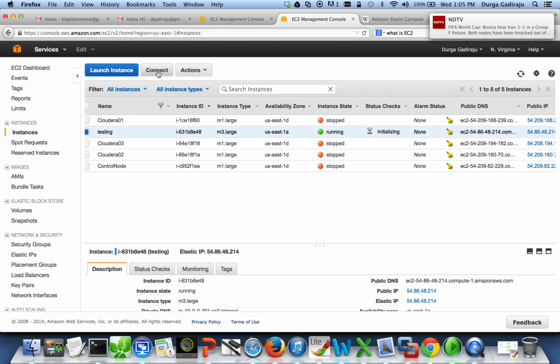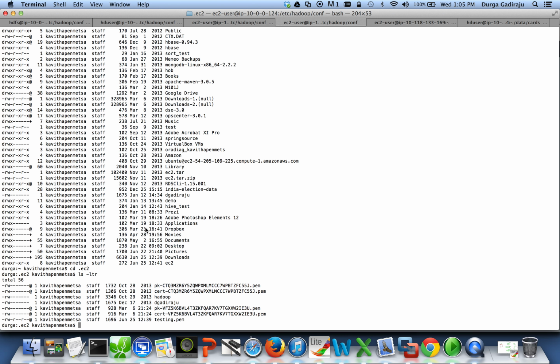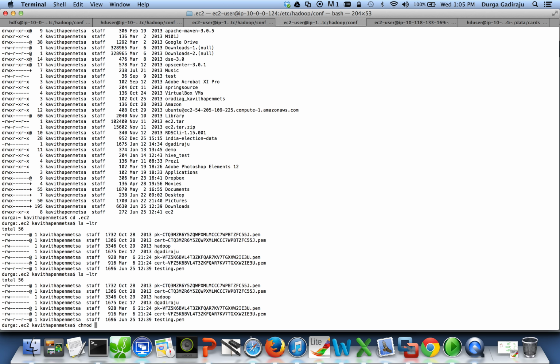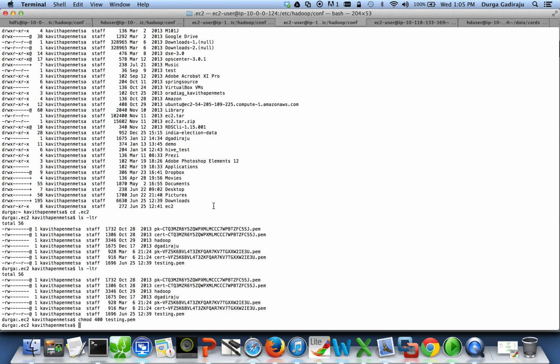And then if you click on connect, it will tell you how to connect to this. So we already copied this testing.pem, so we have to change the permissions on it. So chmod 400 testing.pem. Now it is working. We will be able to connect using SSH client. If you want to connect using PuTTY, you just explore. You will get